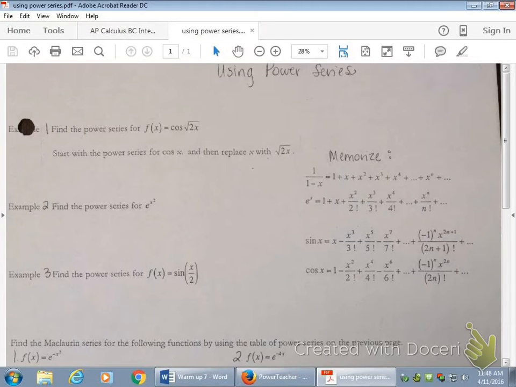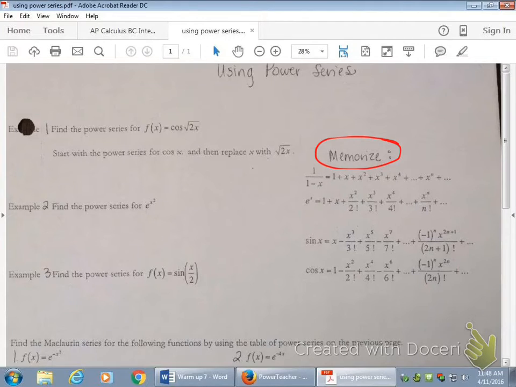After you make a Taylor or Maclaurin polynomial, there are ways that you can use those polynomials depending on the way the function is written. In order to do this, the first thing you're going to have to do is to memorize these four. We could go through the whole process and show you where they come from, but I think after doing it several times like you've already done,